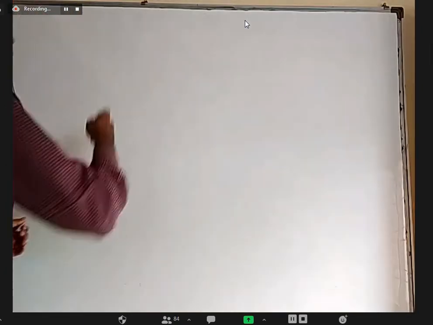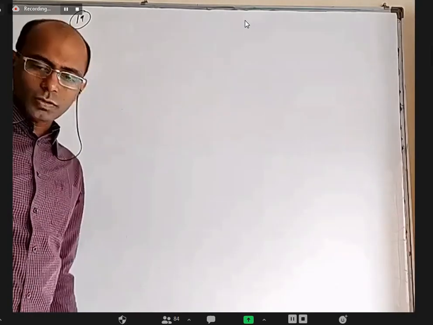So as I said, whenever you have to find the range, first of all, you have to find the domain. Sorry, I said it the wrong way. When they ask for the range, there's no talk about the domain in the question, but without finding the domain, we can be wrong in finding the range.